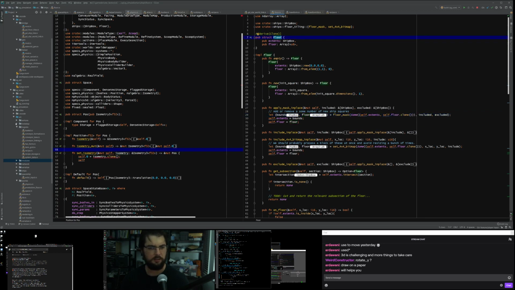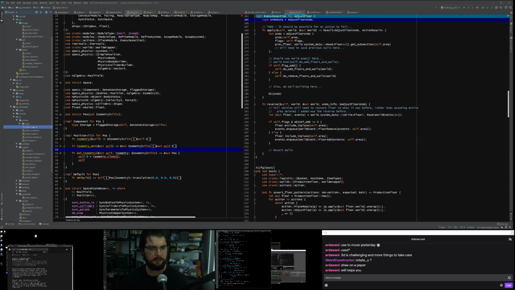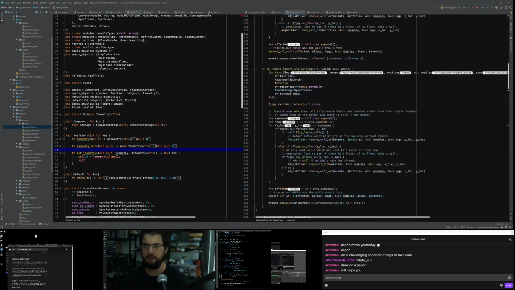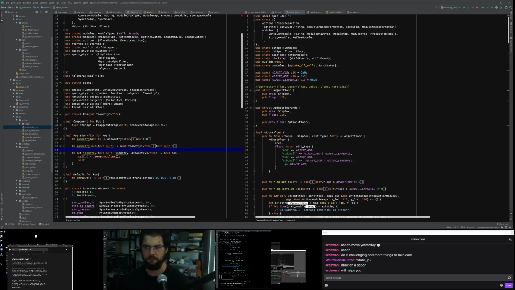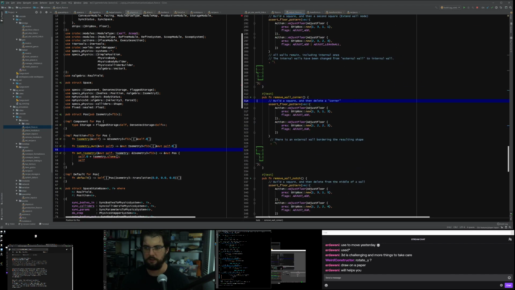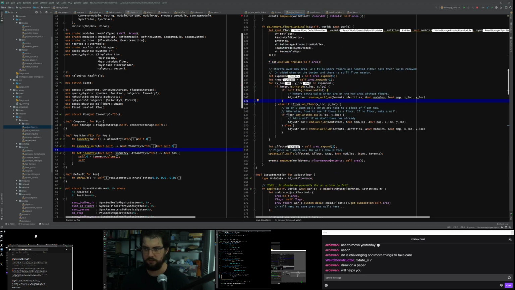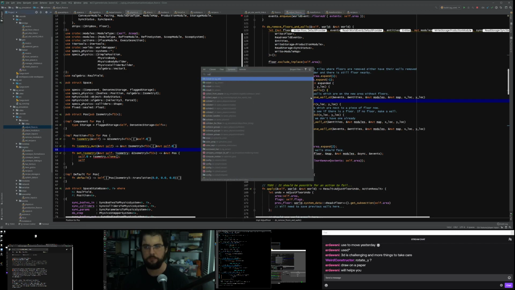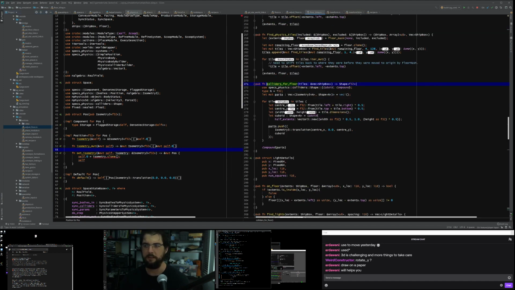It was the action adjust floor, and then this uses another class to manage the floor itself. Floor. This is very interesting. I'm just going to do a search. Colliders for floor. It's inside floor tiling. That's the one I was looking for.